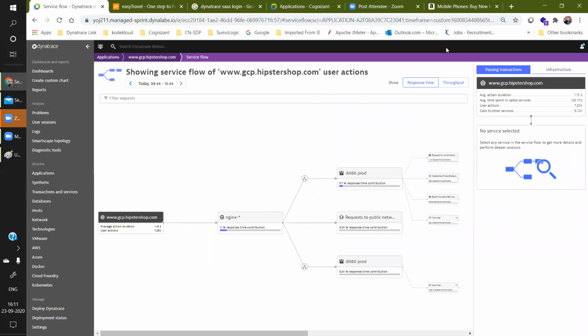Passing transactions and infrastructure. So passing transactions are running on which applications? What is the action duration? Caller service, user action, and calls to other services. So for passing transactions, once you have an application, we have that called service, how many services are called, how many services call other services. Okay, so that information you will receive. So if you see that one application